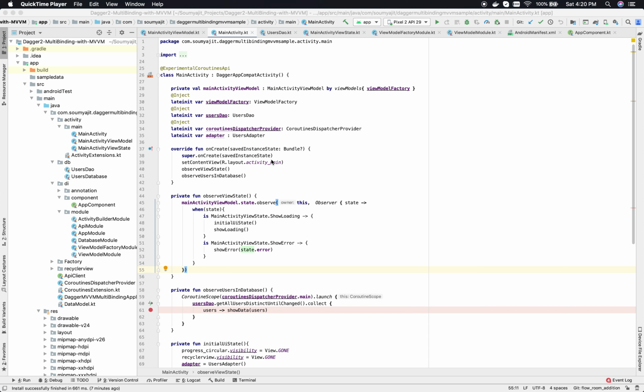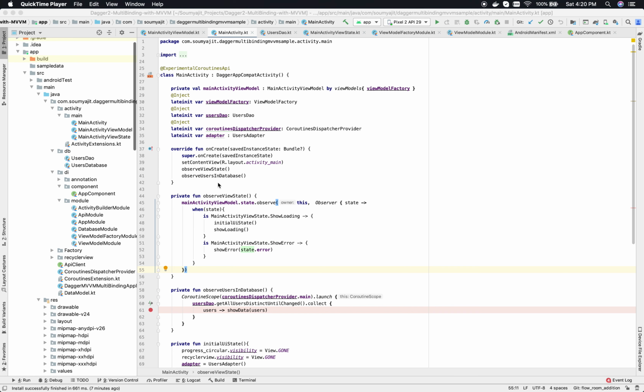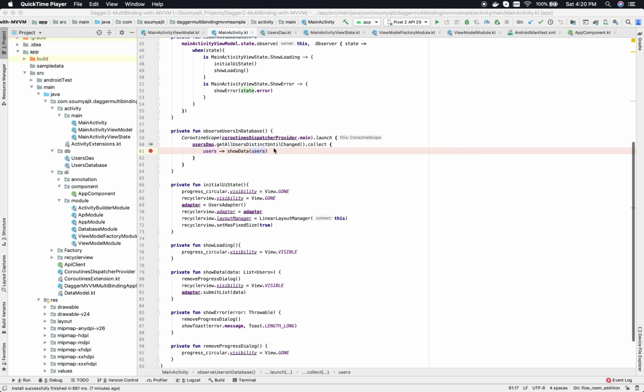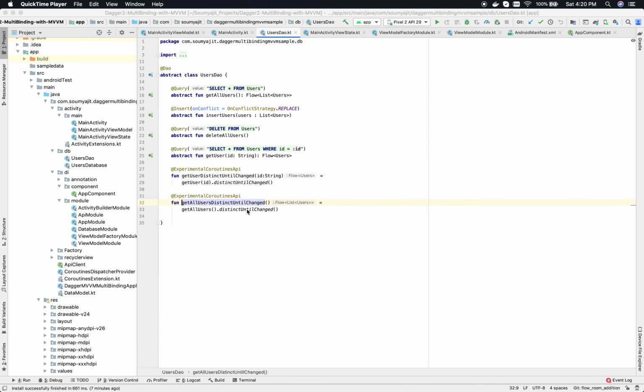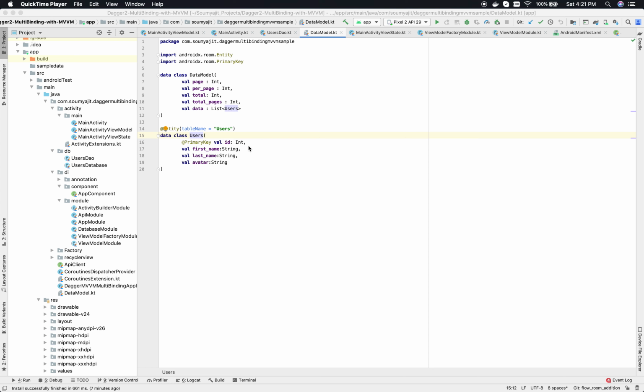Okay, so let's get started with the changes that we made for Room database and Flow integration. First, let's check the model class Users. If I open this up, you will get an understanding of what the model class Users is.